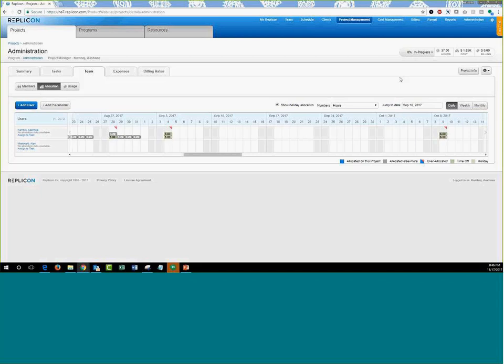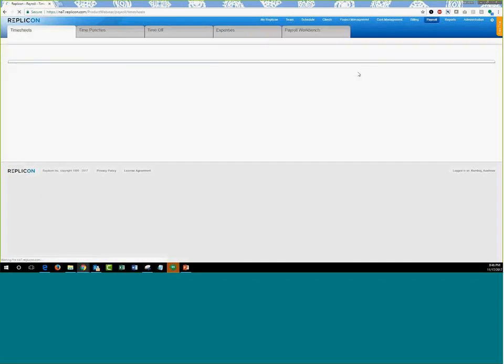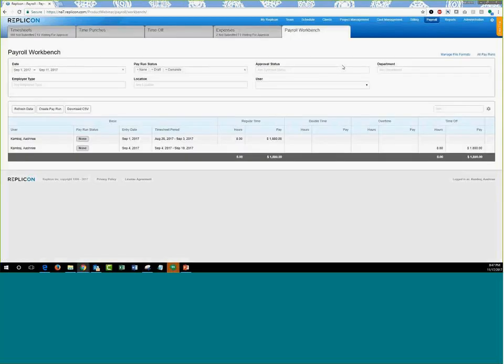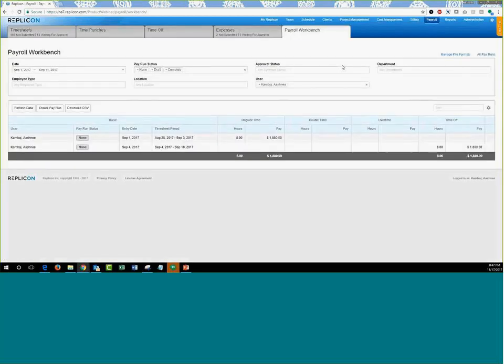Now let's move on to the payroll manager point of view. As a payroll manager, it's very important that you know when a user has a time off, or when you have a holiday auto-populated. In that case, you would like the holiday or the time off to be excluded from the calculation. So in that scenario, you can go over to our payroll workbench setup, and you will see the time offs included in a separate column.